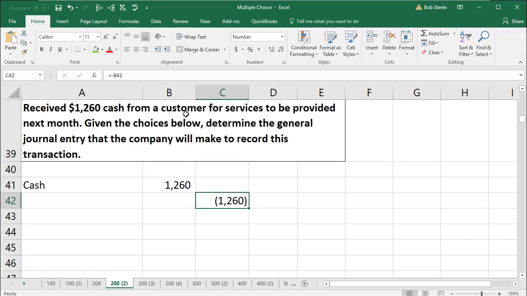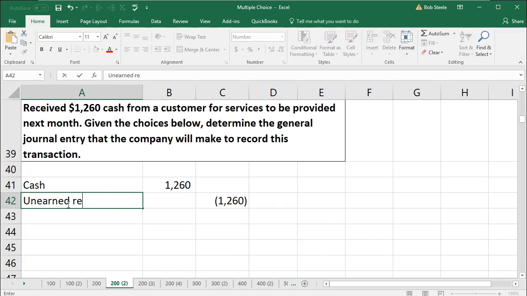But then it says they're going to do the work next month, and that should trigger in our mind, well, we haven't earned it yet, so we can't really credit revenue as we would like to do. That would increase revenue if we had earned the revenue at this point in time. We would then credit revenue, but we have not earned the revenue at this point in time, and therefore we're going to have to put it into a liability account, which is going to be, in this case,